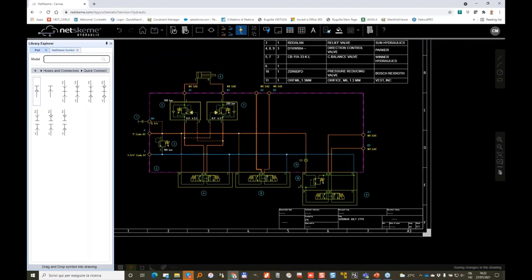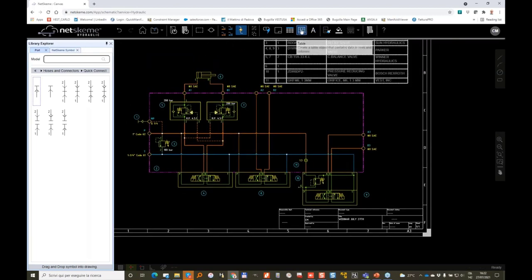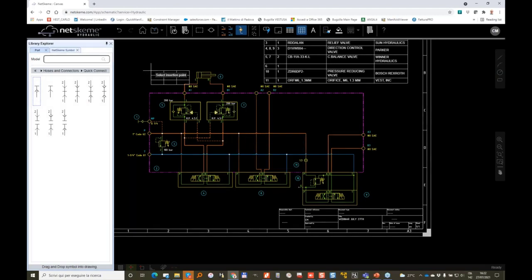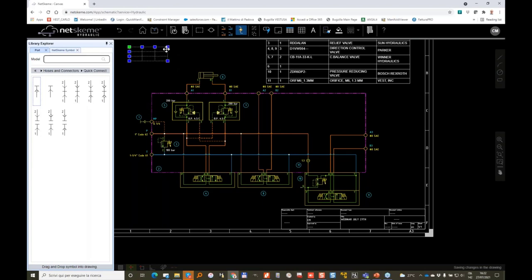If you need additional tables, you can add them by using the table command, and this will allow you to create a custom table made with columns and rows. So let's start by adding our table. In the drawing, the table can be resized, and here you can type in whatever you want. So for instance, that's the port name. You can move inside the table by using the tab